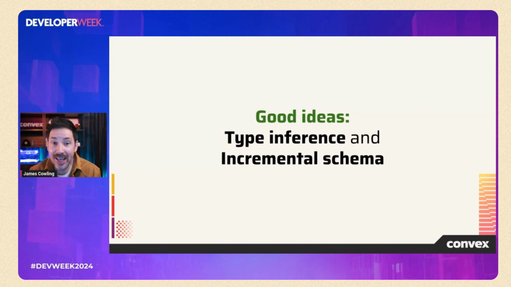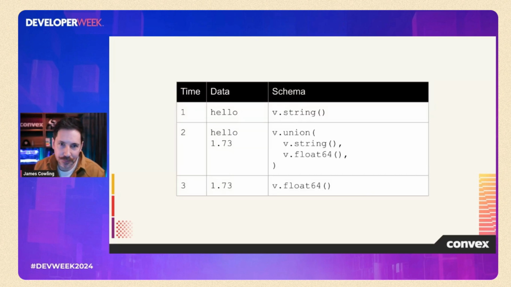Fortunately, we can have our cake and eat it too, because Convex will automatically infer the schema for your application purely based on the data that's been inserted into the database. So you can start off just treating it like a JSON document store like Mongo, and it'll let you incrementally enforce schema on your schedule when it makes sense to do so.